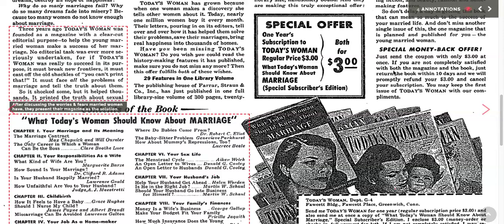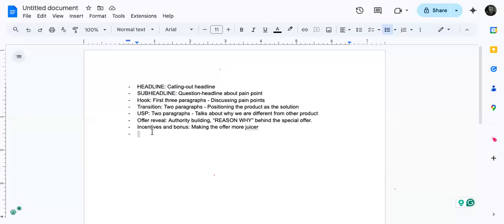Now, this is very, very clear. You don't get value from this magazine and the book within 10 days, we will refund you your money. It's so clear. You have 10 days to say you want a refund because you don't get value. And we're not even going to take back what you've ordered, right? Whatever you get is complimentary, even though you request your refund, right? So guarantees should be clear, not vague guarantees.